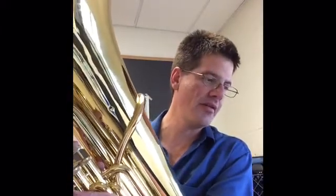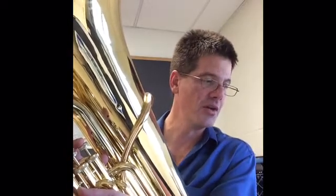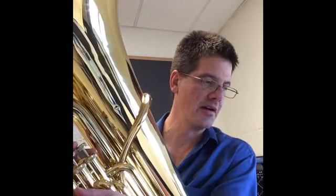Okay, flexibility study number 2. This one is all about your lip slurs, and in fact you'll see that it goes one valve combination for the whole 2-measure phrase here, and it's all one big slur in a 2-measure phrase too. So that means there are some weird fingerings. For instance,